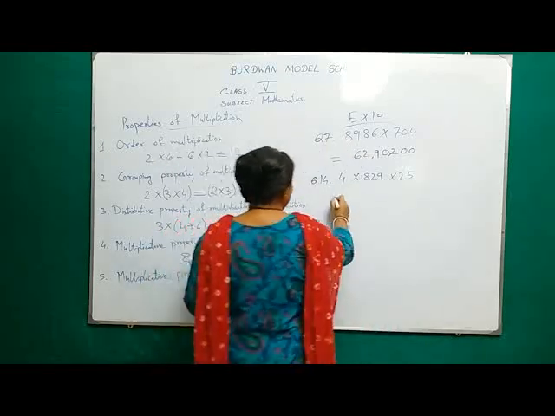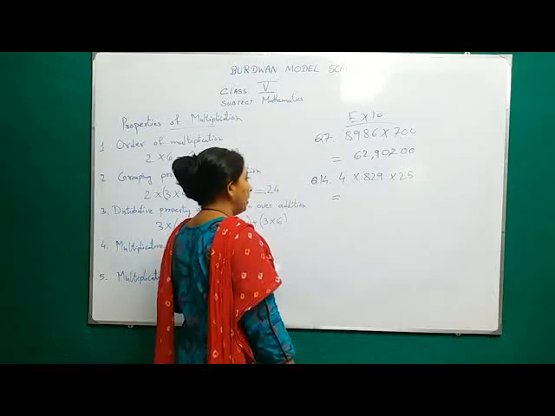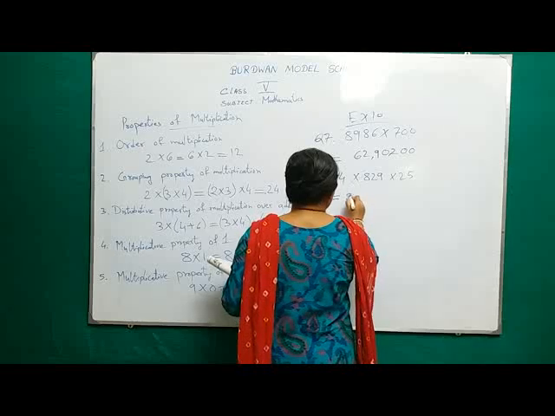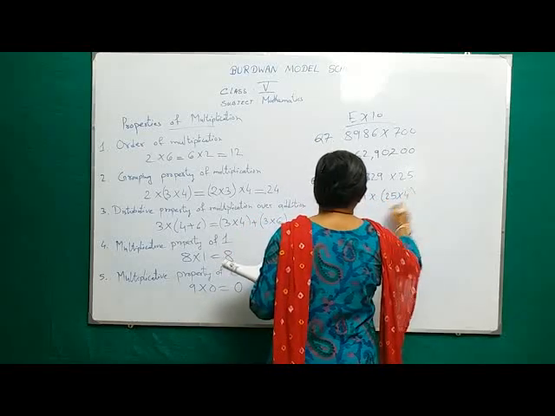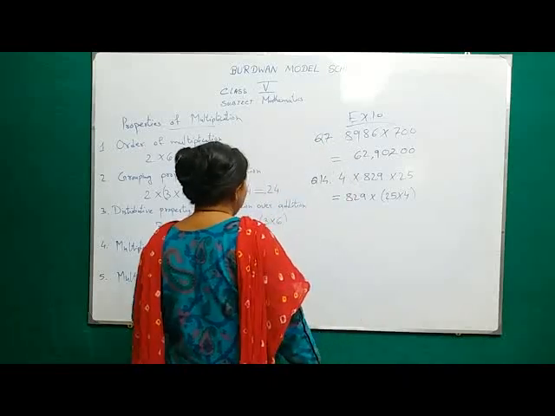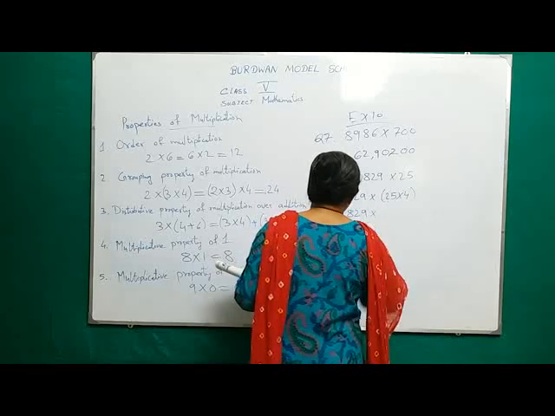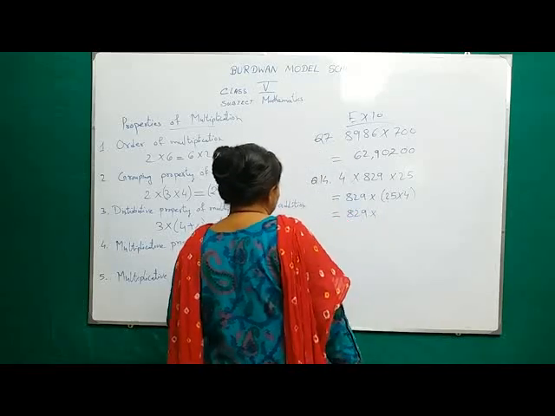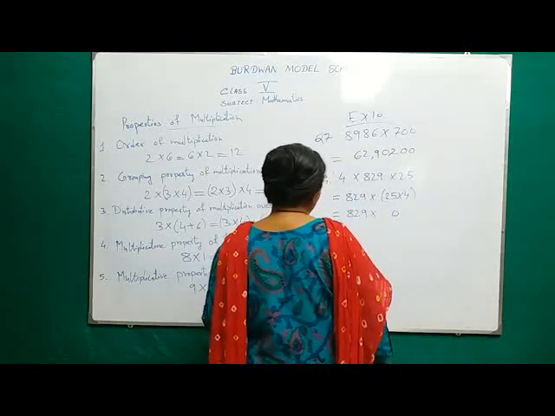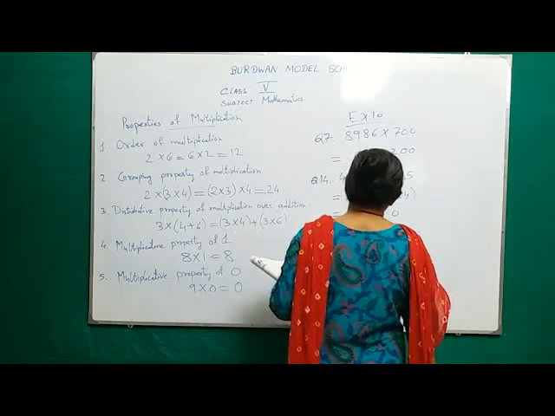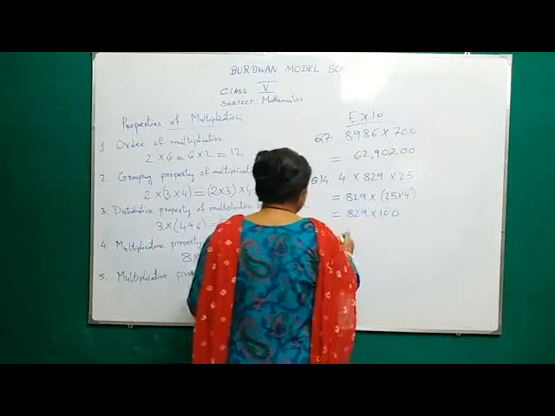We can see that if you multiply 25 into 4, it will be a multiple of 100. So let's write it down. This will be 25 into 4, since it is following the order property, so you can do it for the multiplication, isn't it? So 829 into 100. Directly you are getting the answer